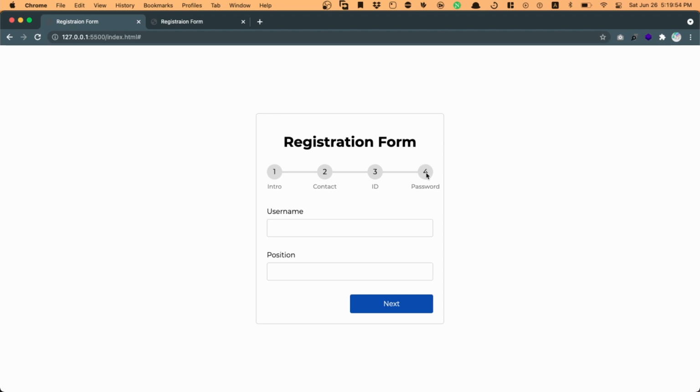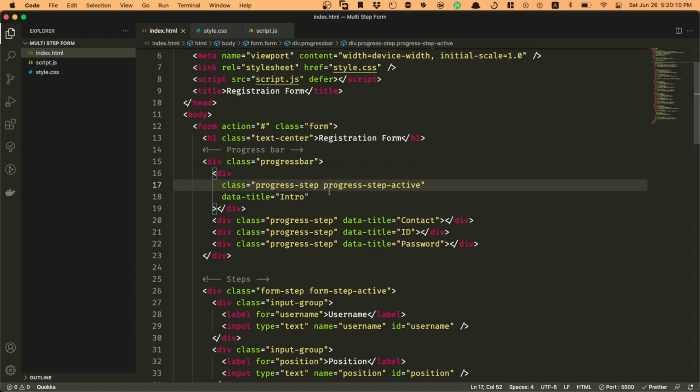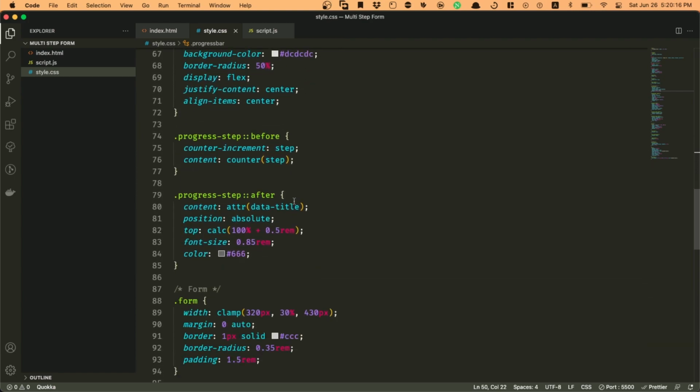Before going to the JavaScript, I just remembered that this intro has to be active. So I'm gonna go back into index.html. I'm gonna say progress-step-active. So in this case, it's just gonna make sure that the intro is active here. Okay, so I'm gonna go back and progress-step-active,